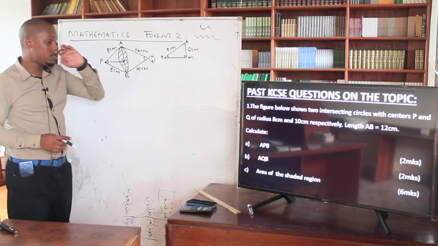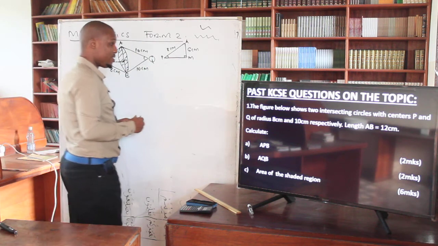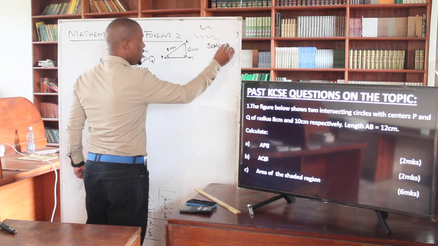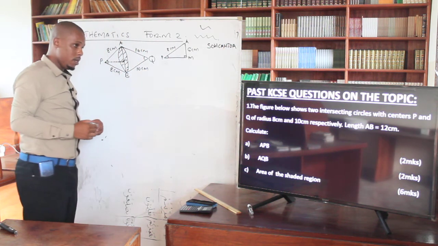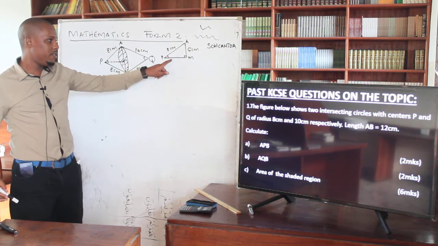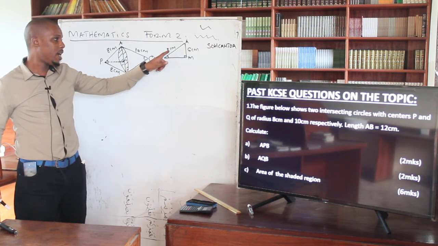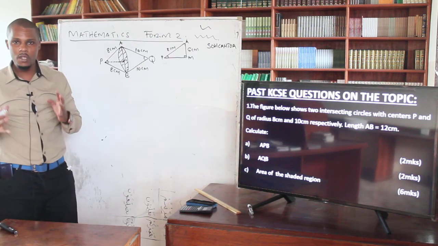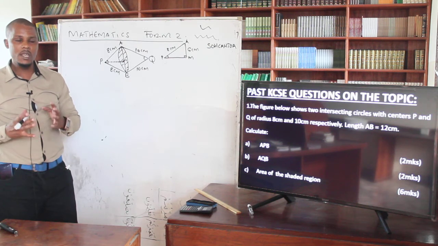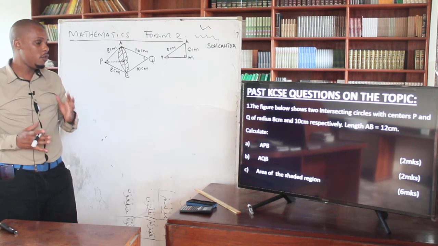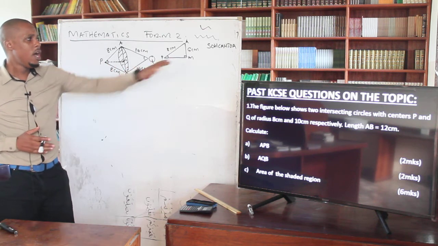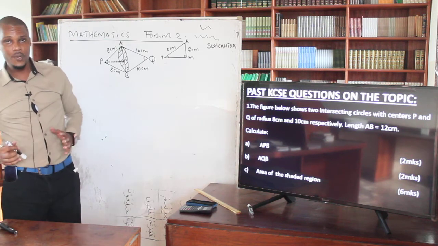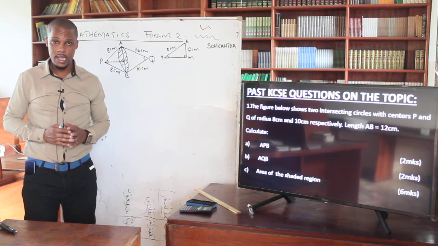So you can see there from the rectangle to triangle, you can now apply what I've been insisting. That is the SOHCAHTOA concept. If you apply the SOHCAHTOA concept, you must be in a position to identify the information which you have been given. If you consider this one as our angle, then this side becomes adjacent, this one becomes opposite, and this one becomes hypotenuse. So when you're given the opposite and hypotenuse, and you're interested in finding the angle, what are you supposed to apply in order to get that angle? Among the three trigonometric ratios, that is the sine, the cosine, and the tangent, which one are you supposed to emphasize in order to get the correct marks?